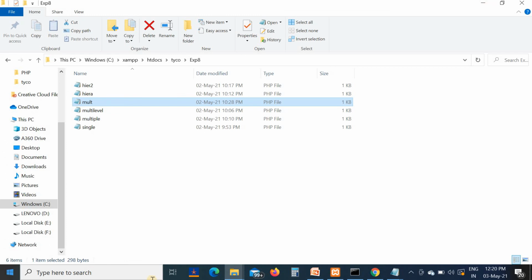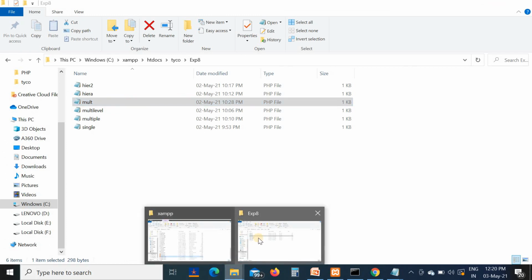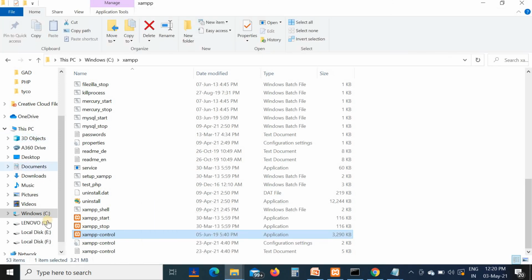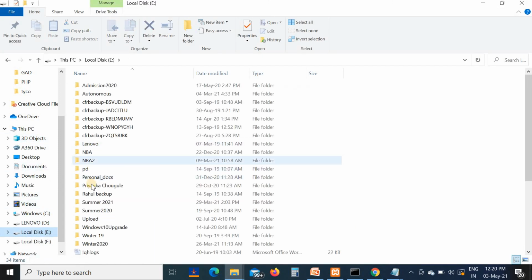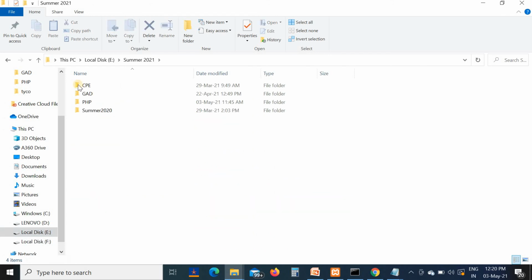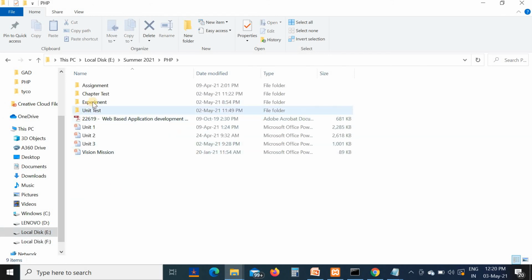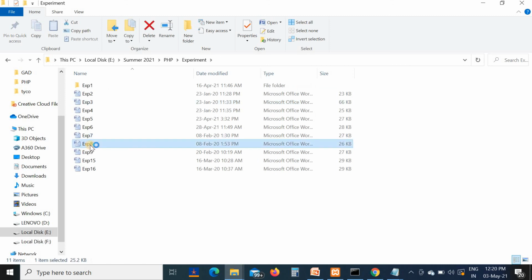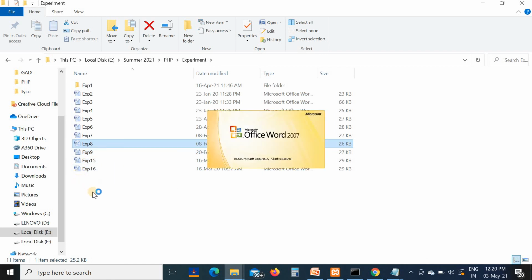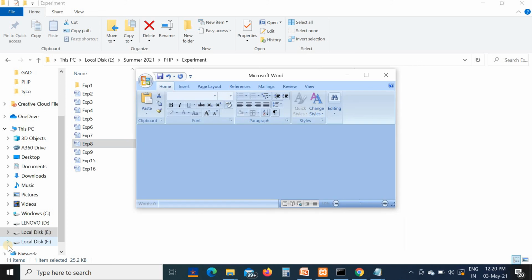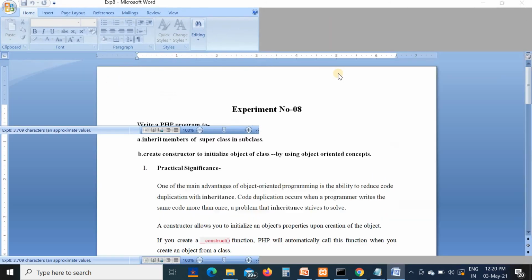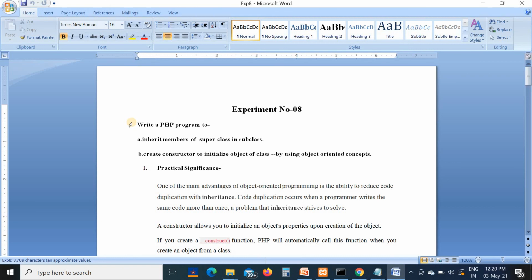Now you want to complete experiment number 8. What is experiment number 8? Experiment number 8 is to write a PHP program to inherit members of a superclass in a subclass.